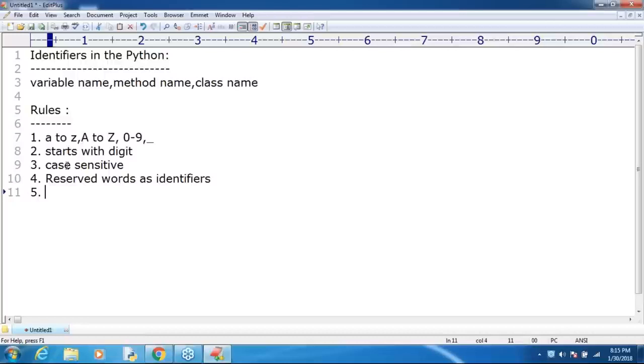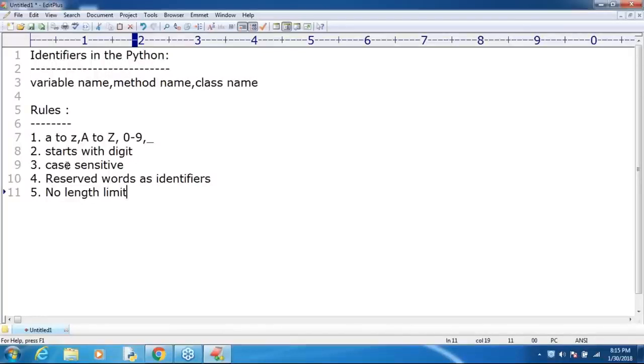Next, there is no length limit. If you want, you can take a 1 crore length identifier also, but it is not a good programming practice. Remember that. There is no length limit for Python identifiers. Even a 1 crore length identifier is no problem at all, but it is not good programming practice.